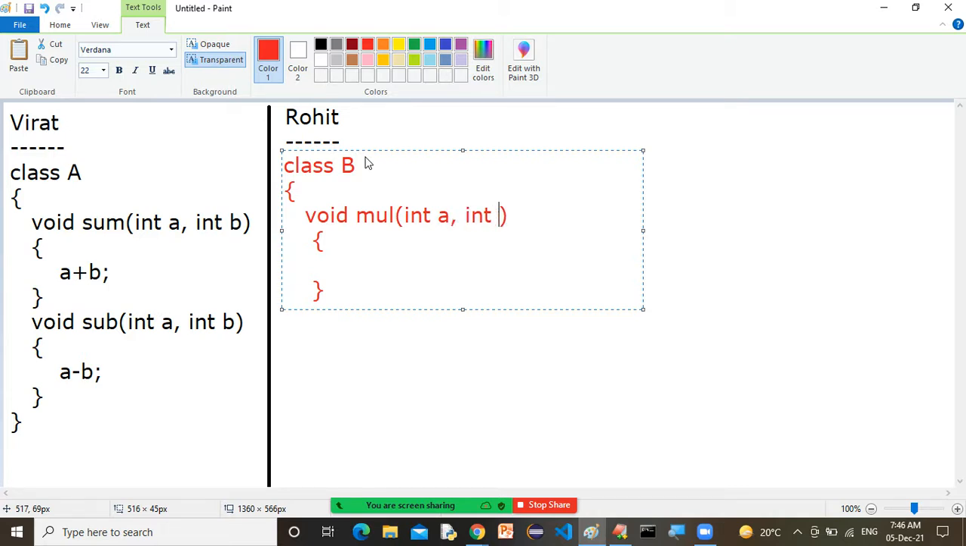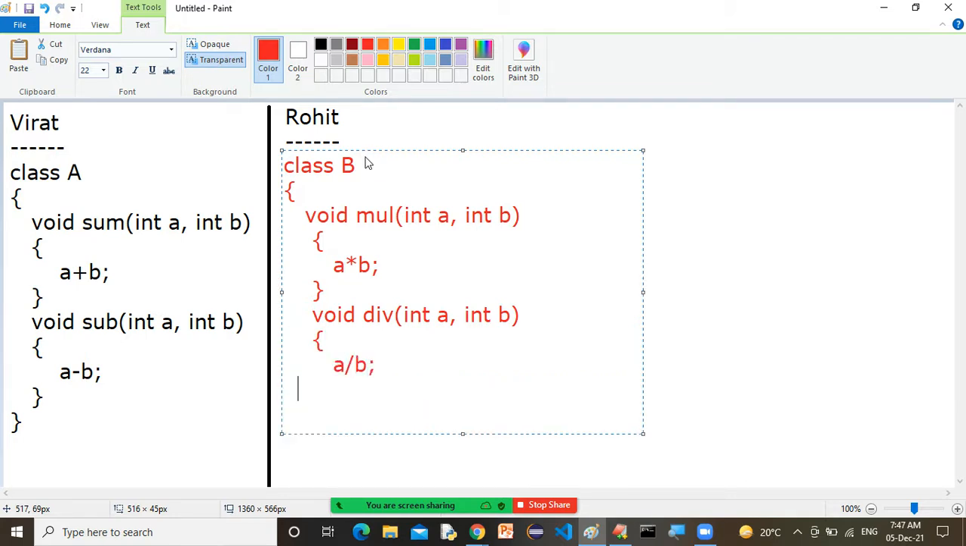As for example, Rohit can start from multiplication: A into B. Similarly, we have void division code: int A, comma, int B, and here A divided by B. Correct, sir. Rohit can start from multiplication and division, but the question arises, sir,